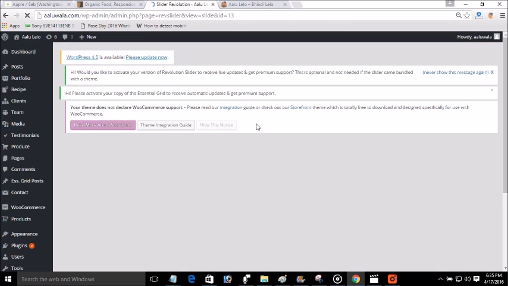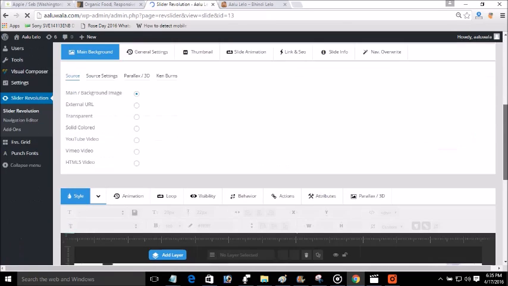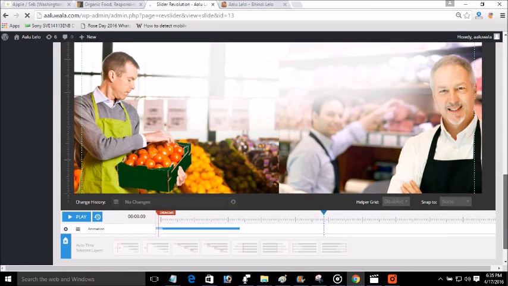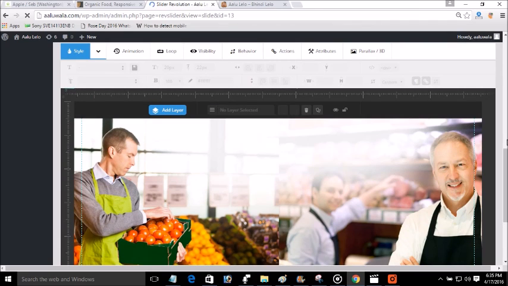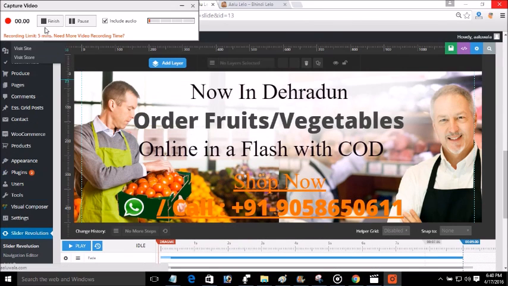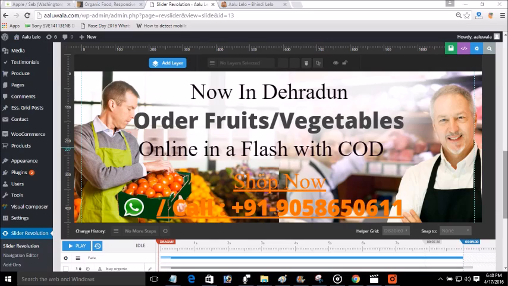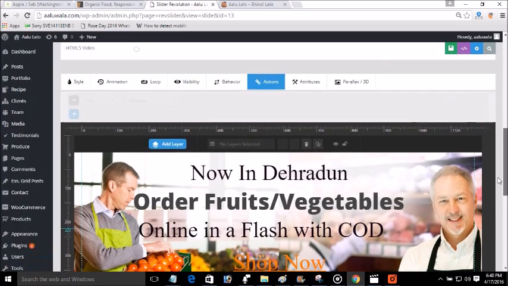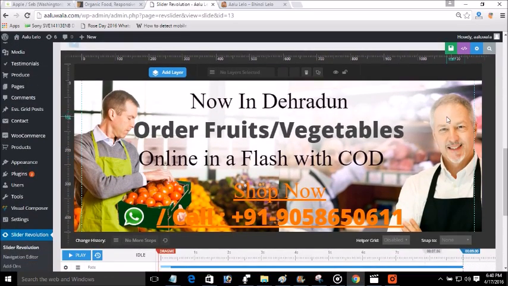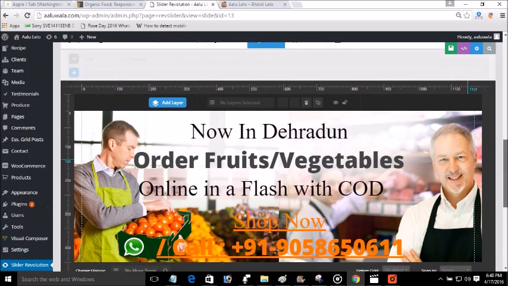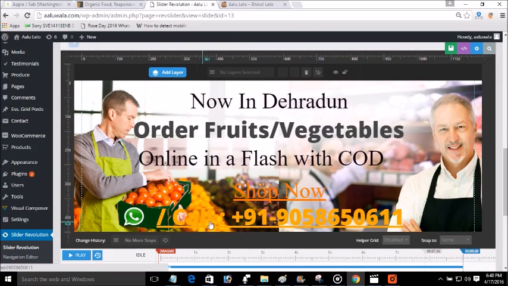Now let's come to another slide where I have placed some HTML code which you will understand here. Creating these dynamic slides is really very easy. It is very simple. The back layer, you can just add an image of this dimension. After that there are the 5 layers, and this one is the image.